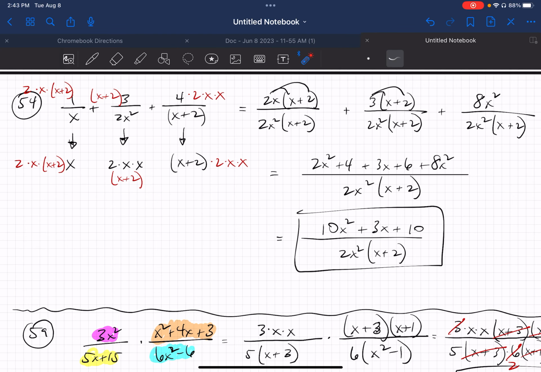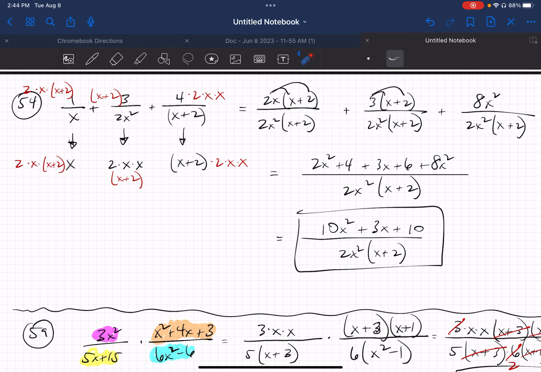So I actually worked this problem out. The first thing when you're finding a common denominator, you have to break down as far as you can. These two are monomials. So x just stays x. 2x squared is a monomial, so it's just 2 times x times x. x plus 2 is a binomial. So with a binomial, the way to factor a binomial is